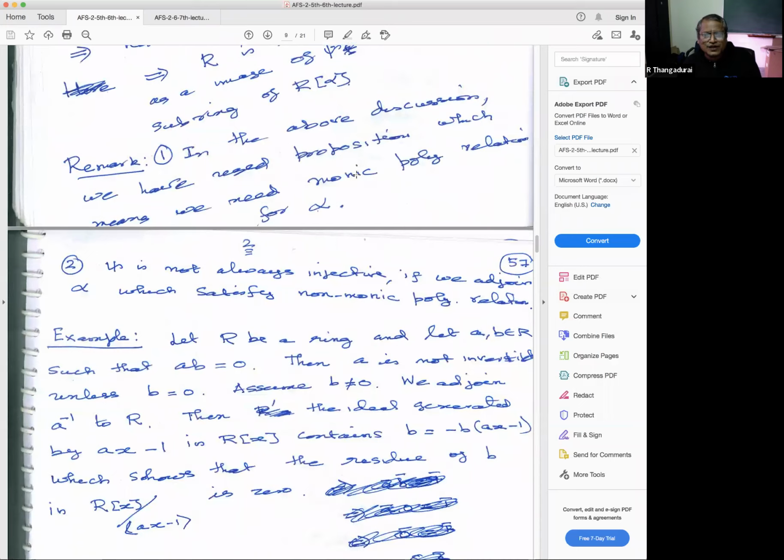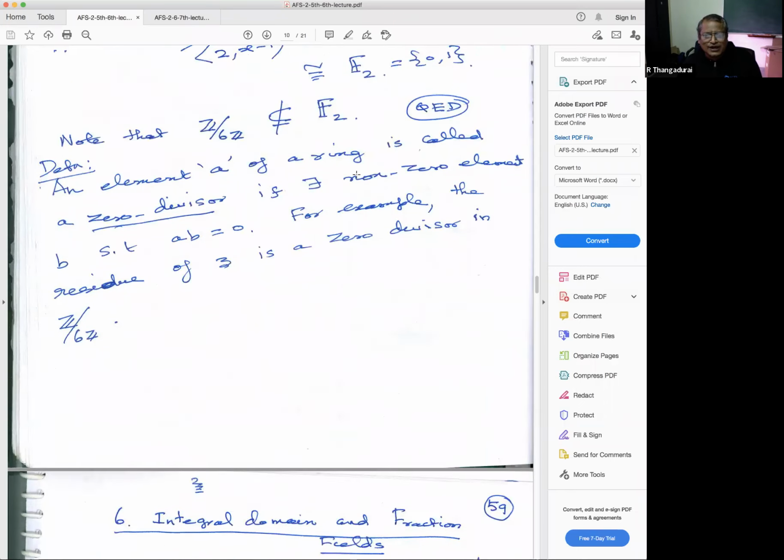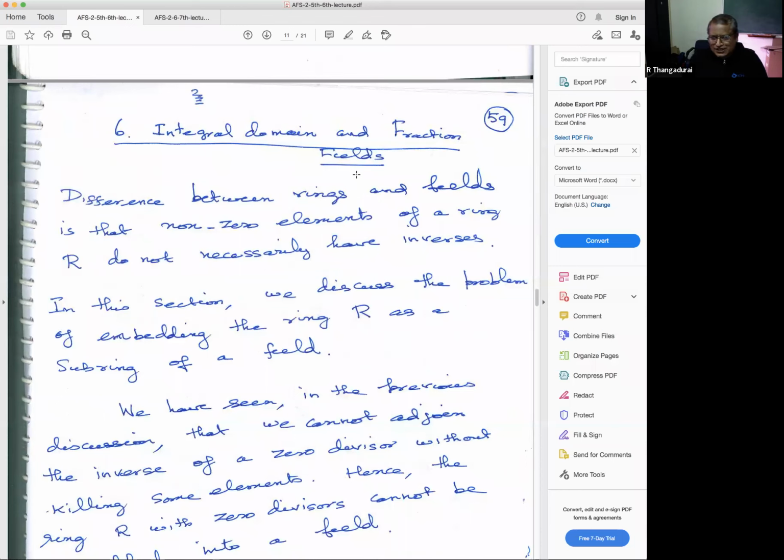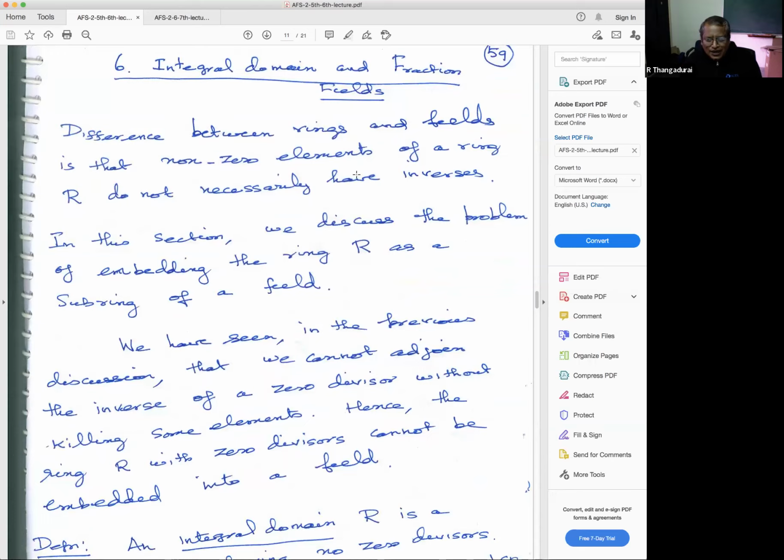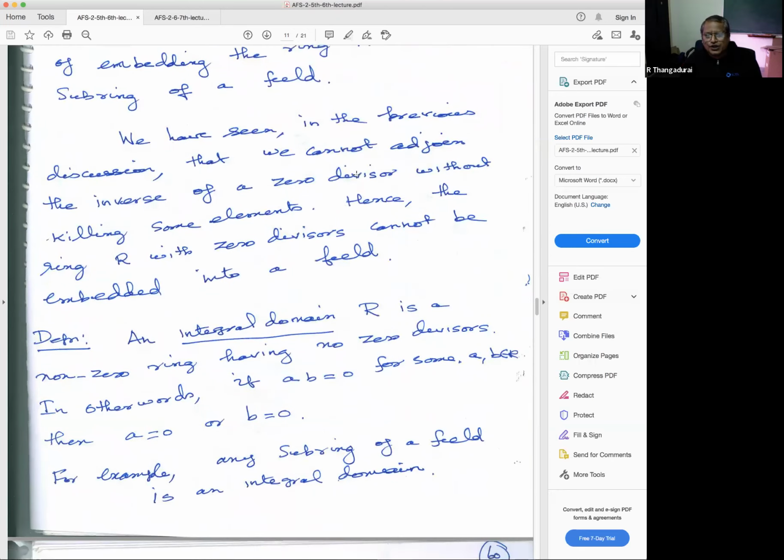So last class we just introduced what an integral domain is. Integral domain very naturally comes. We started with a commutative ring, and then we were trying to attach all the multiplicative inverses to this ring. But some of the inverses do not produce what we wanted. Therefore, we restricted our attention not to all rings, but to the integral domains. Integral domain means there is no zero divisor in the ring R.